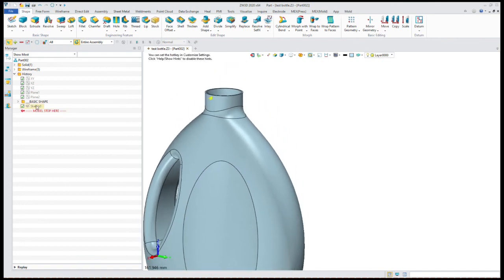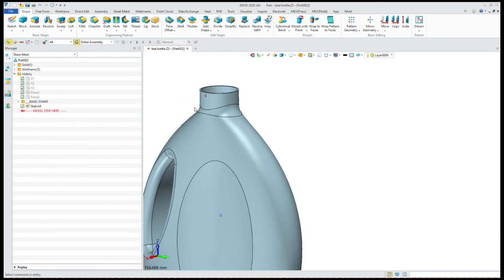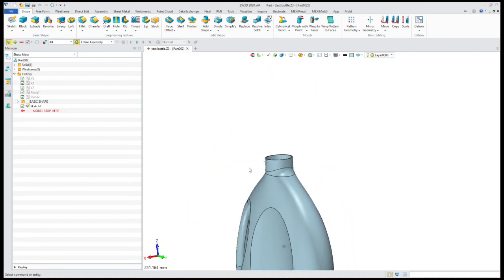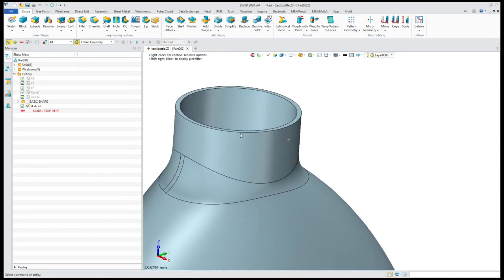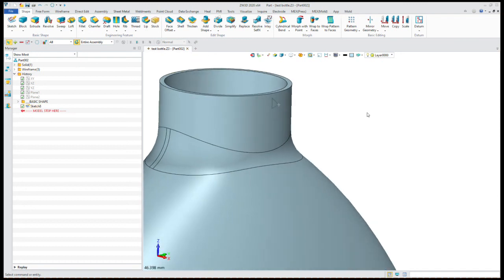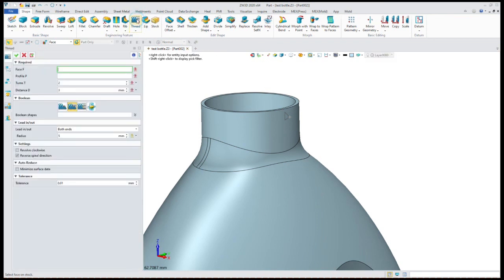I've already created one, so let's go ahead and unblank it so we can see it. I have created the sketch on a plane prior to this and I have it ready for this example. But basically what you need to do is to create the profile of the thread to be able to use the command later on. So let's go ahead and open the thread command,